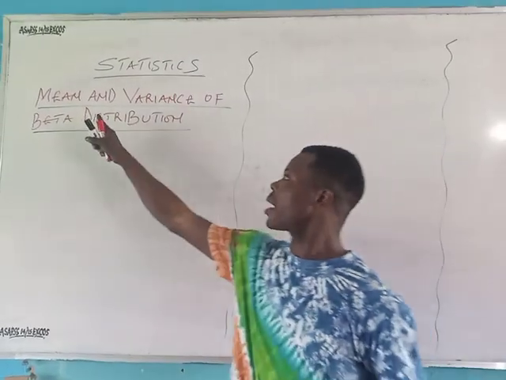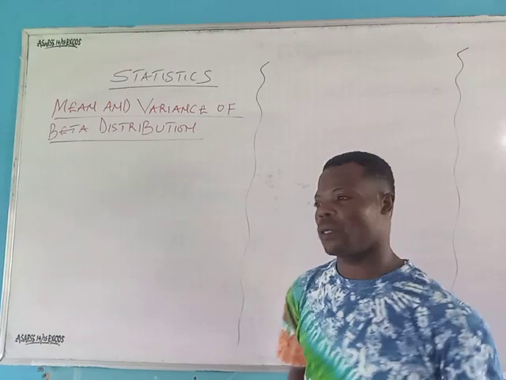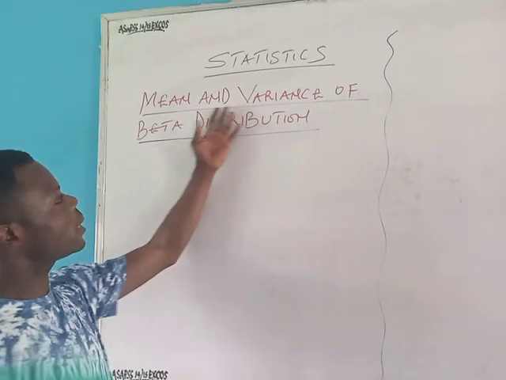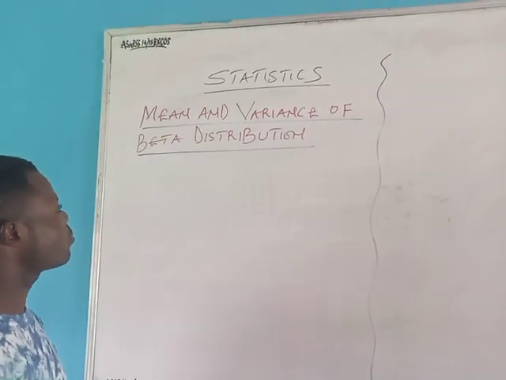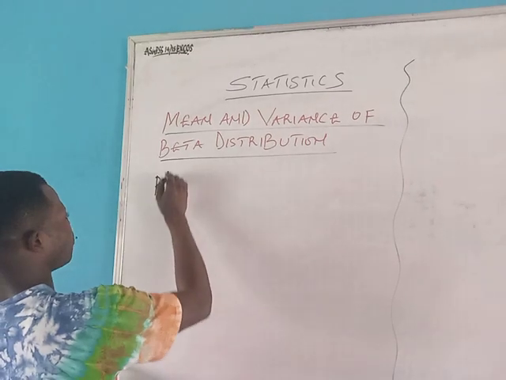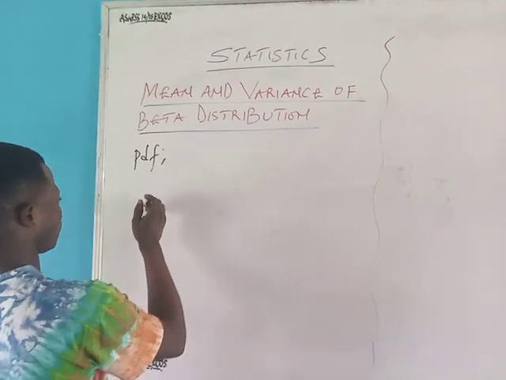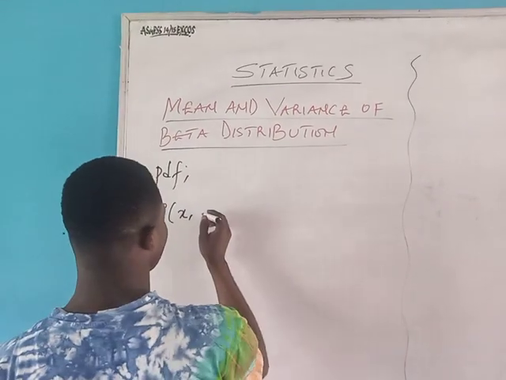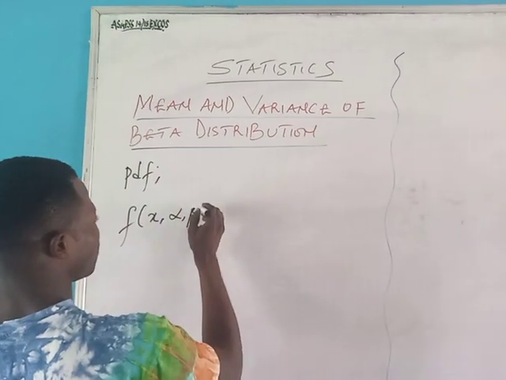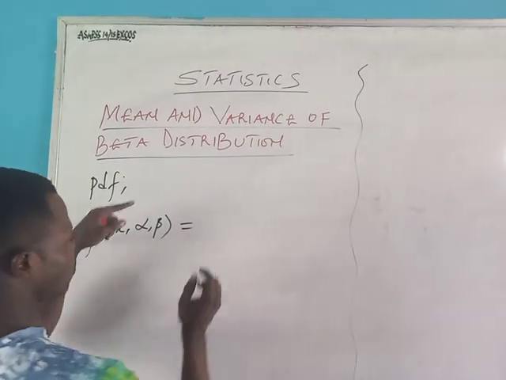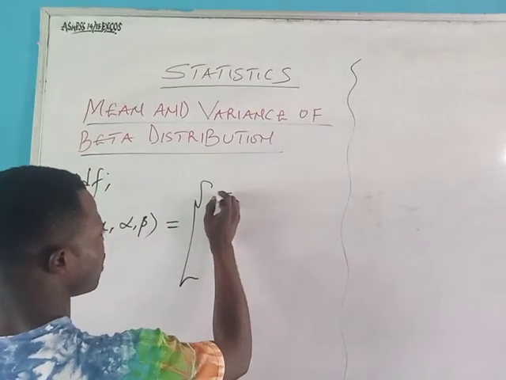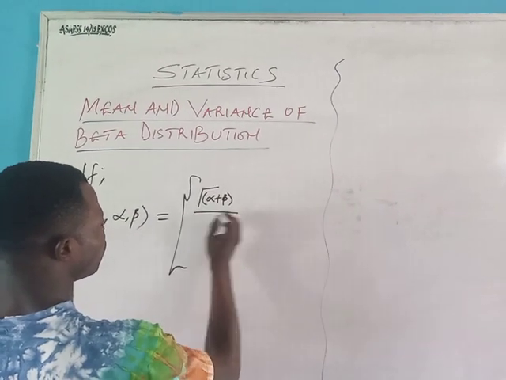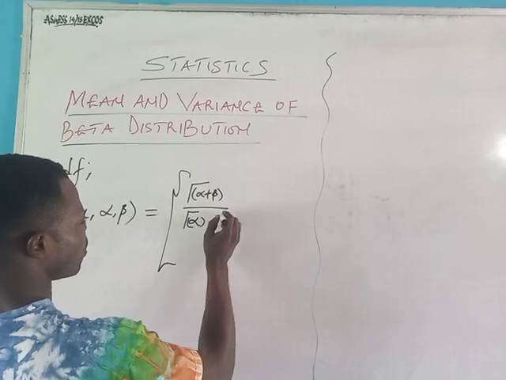Today we are going to find the mean and variance of the beta distribution. What is the probability density function of a beta distribution? It is given as the PDF, function of x, with the parameters alpha and beta, equal to gamma alpha plus beta all over gamma alpha gamma beta,